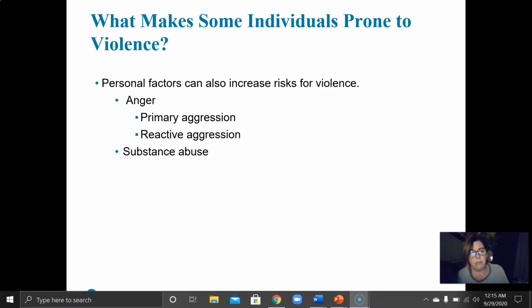Substance abuse is another factor, and about 40% of all violent crimes include alcohol as a factor. Research suggests higher rates of alcohol use and violence in some athlete populations compared to non-athlete populations. Suicide and suicide attempts are highly correlated to drug and alcohol intake. Again, not causation. A does not equal B, but A is associated with B. And we can talk about that more in class as well.